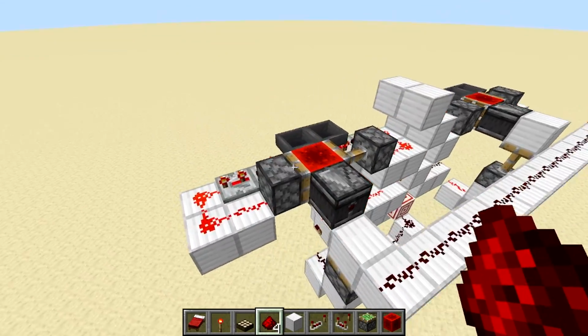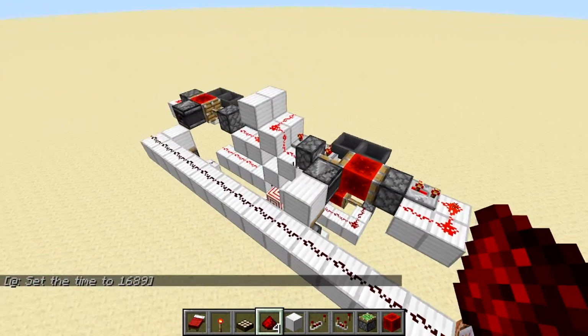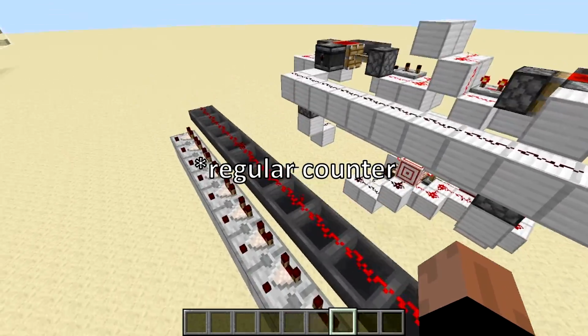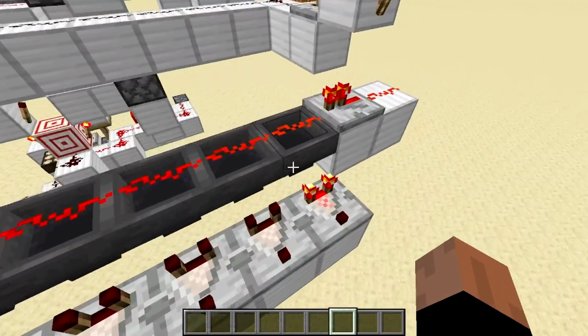Regardless, we're going to need to move on to now counting the hours, and to do that, we're going to grab another cool piece of tech that you didn't come up with called the binary counter. This is an ingenious little contraption here. So this is a binary clock. Every time this redstone torch pulses, it's going to turn off this entire line of redstone, which is going to